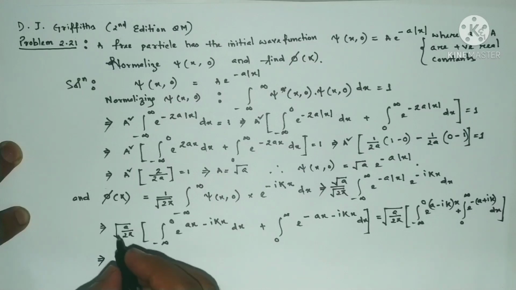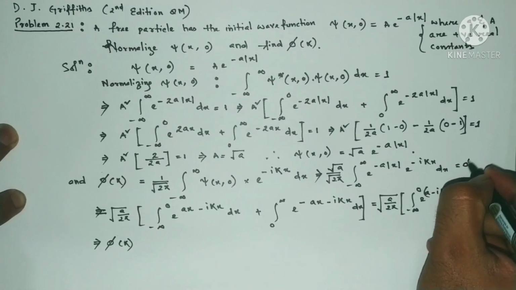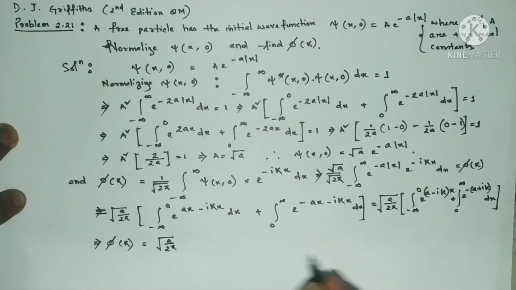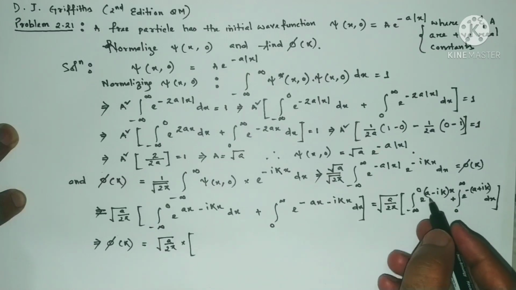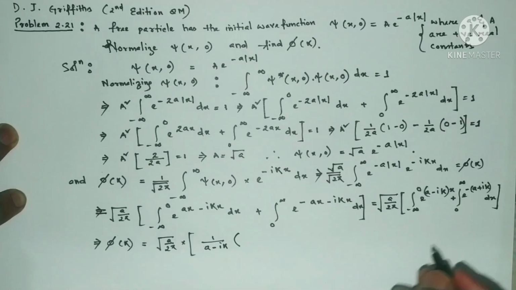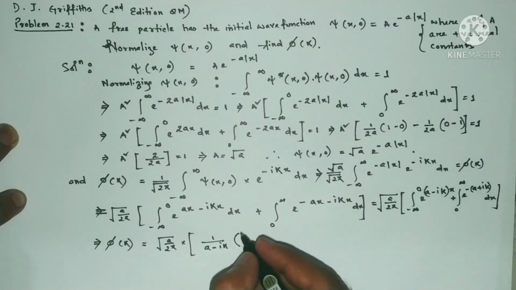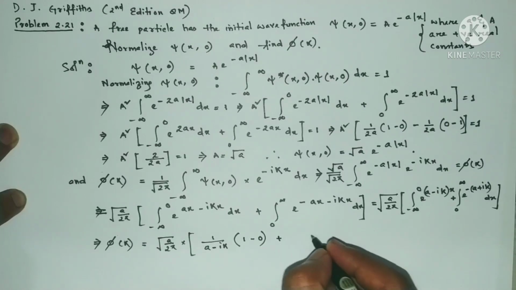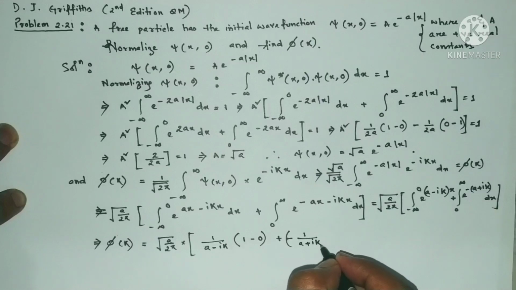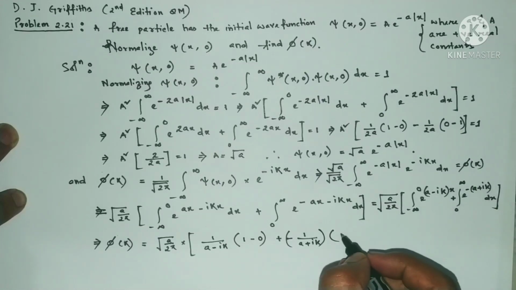So this is going to give you this phi of k: under root a by 2 pi multiplied by the integral of this function, which is going to give you 1 by a minus i k, and if you replace x with 0 it is going to be 1, and with minus infinity e raised to minus infinity is going to give you 0, plus 1 by, here there will be a minus sign because here it is minus, so e raised to minus a plus i k x, and then you are having minus infinity, so this is 0 minus 1 as before,